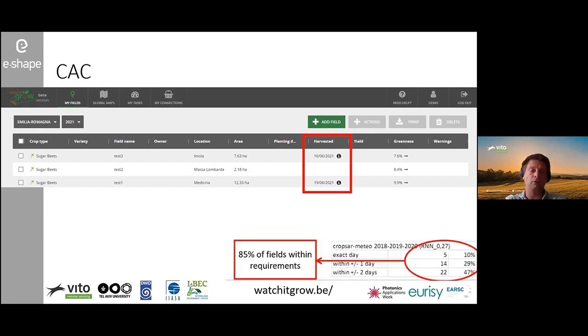If you then look at how useful it was in the end, the table I just showed you, 85% of the fields were within the requirement of the 2-day accuracy, which, as a scientist, we always think is great, but for operational use, it's not good enough to really convert or replace the field visits with EO data. They cannot rely enough, because the 15% that we do get wrong has quite a significant impact on their operations. So they cannot just replace one by the other, but